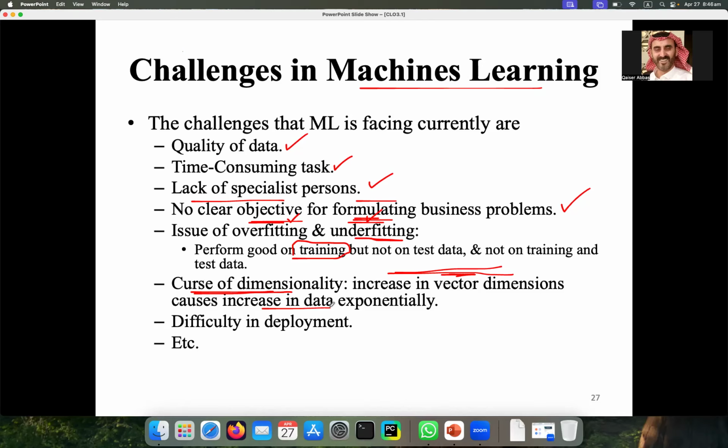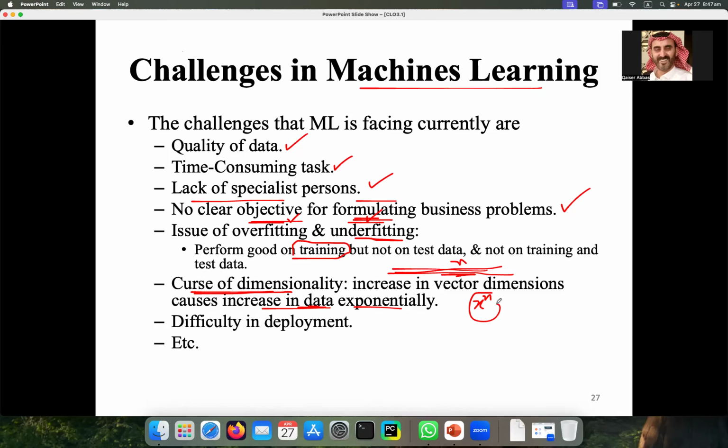Technically, the sentence is: an increase in vector dimensions means your data will also increase exponentially. x raised to the power 2 is an exponent. x raised to the power n is an exponent. If n is the size of the vector, then I can say x raised to the power n. So we don't know where it will go.